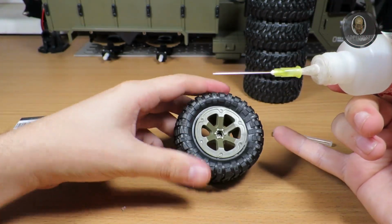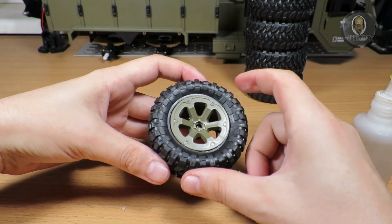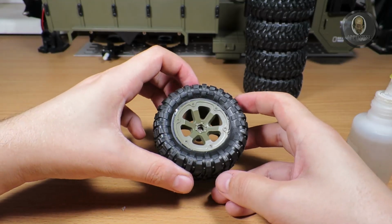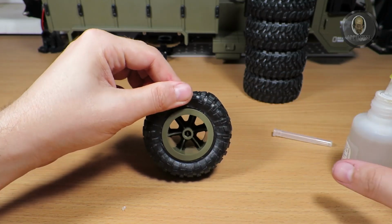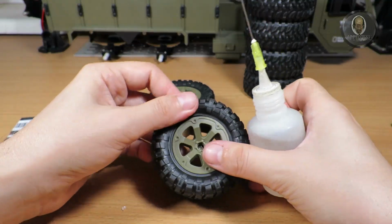I think I put a little bit too much, and now I can just hold it a little bit, but this should, they fall inside. This should hold now. If they will not, I will just fix it again, and maybe I will get another one and let this one dry. So again,